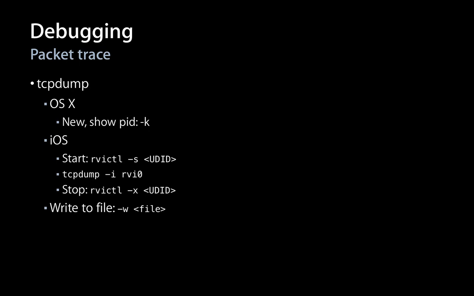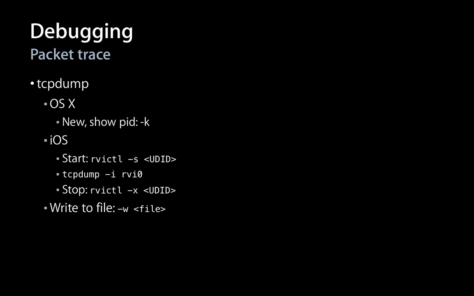You do this using rvictl -s, and you pass in the UDID of the iOS device. This will create a virtual interface like rvi0, which you can run tcpdump on. tcpdump will then show you all of the IPv4 and IPv6 packets going in and out of all of the interfaces on that iOS device. When you're all done, you can use rvictl -x and pass in the UDID, and it'll tear down the